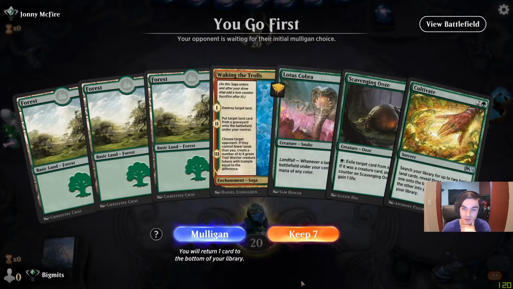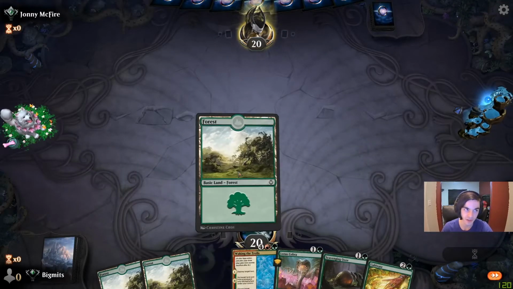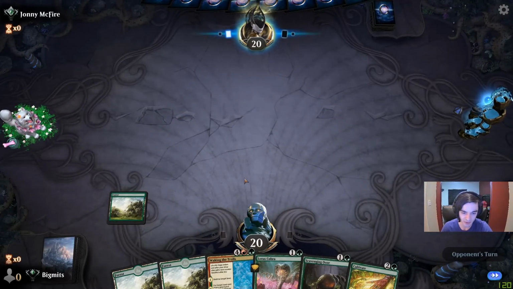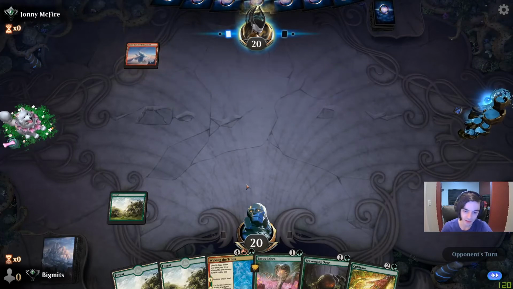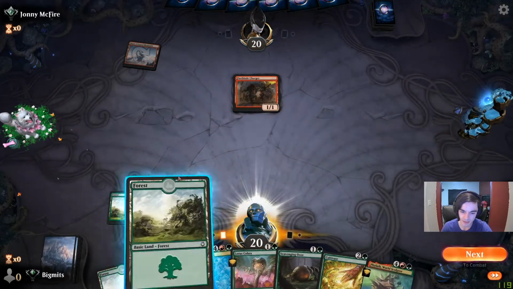Okay, we find the Waking the Trolls. Also Cultivate. And a Cobra. This is looking good. It's looking promising. Might have the dream here. You just have to hope my opponent can't deal with a quick Lotus, but the fact that they're on presumably mono red is